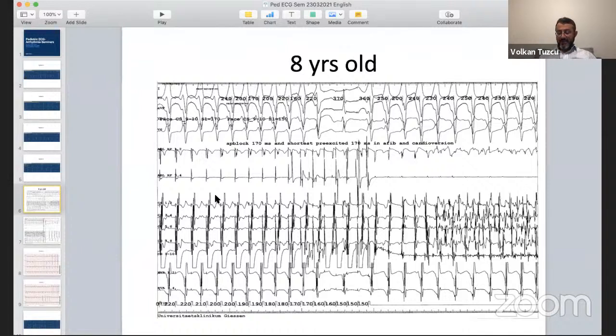Although in recent years, we believe that assessment like this actually can be not as sensitive as we think. But if you show that it's really high risk, then it is high risk. So here, this is what's happening. If you see, we are pacing the atrium really fast, okay? And then atrial fibrillation, as you see, is induced here.